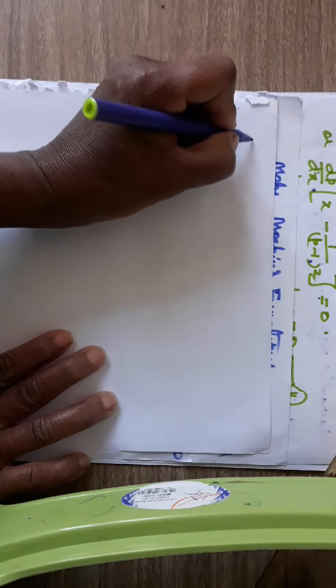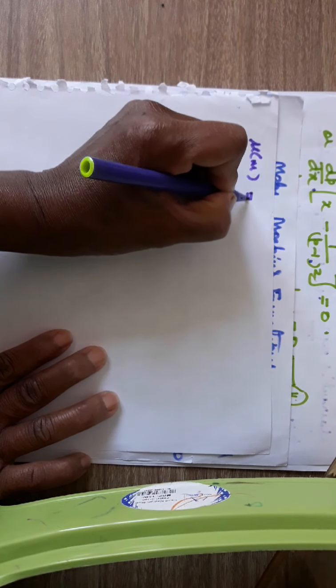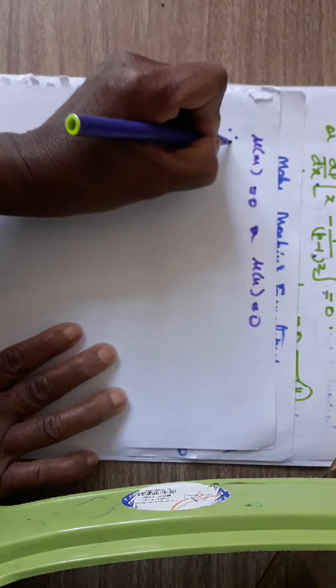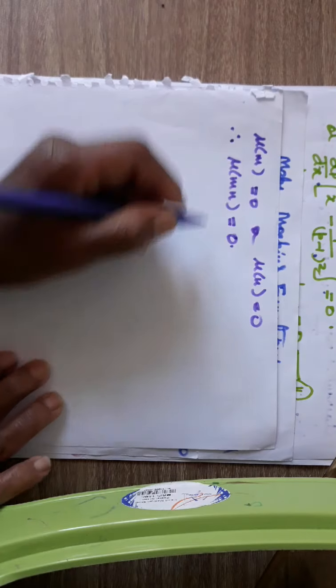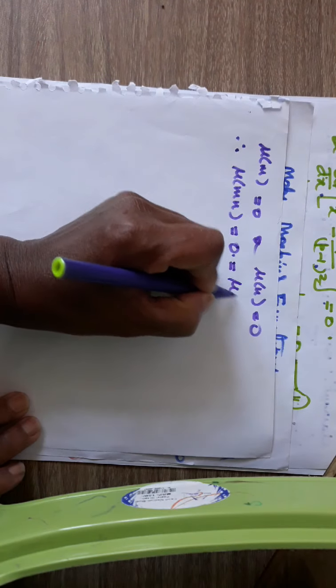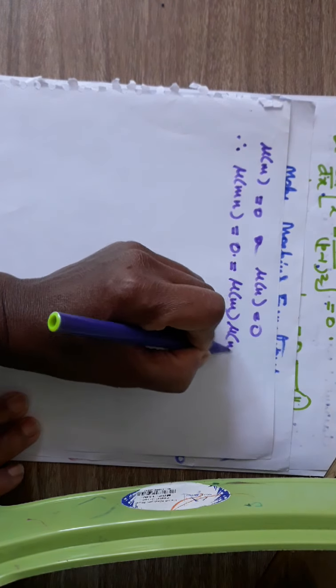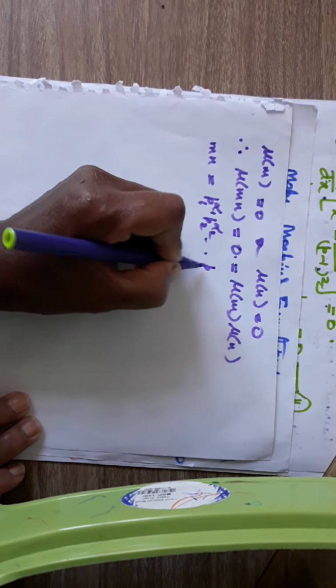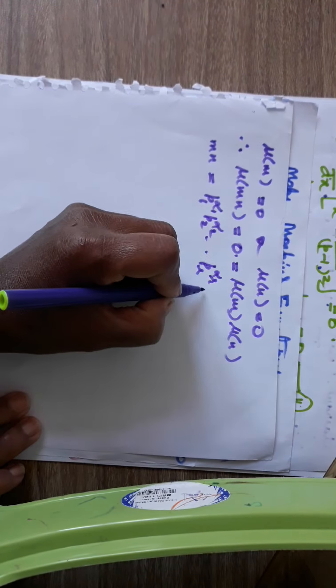So if m is a product of r distinct prime powers and n is a product of s distinct prime powers, then mu of m will be equal to 0, or mu of n will be equal to 0. Therefore mu of mn will be equal to 0, because there exists a square which divides this product, which is the same as mu of m into mu of n. Here mn is nothing but p1 to the power alpha 1, p2 to the power alpha 2, up to pr to the power alpha r,